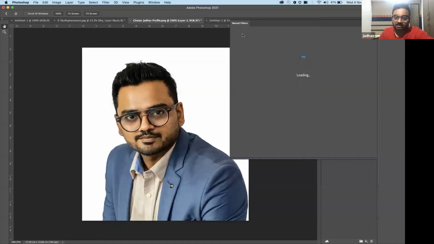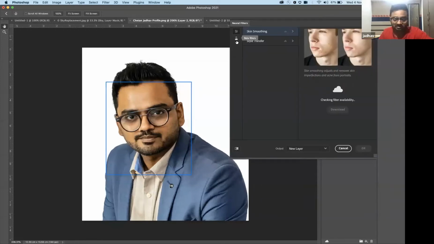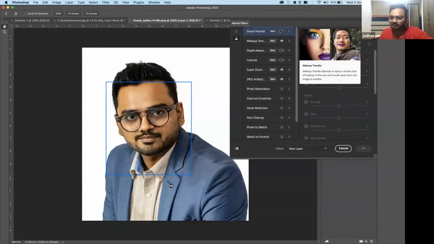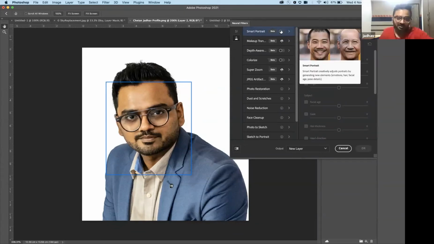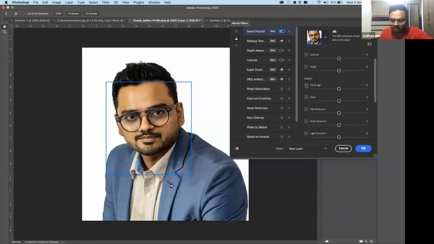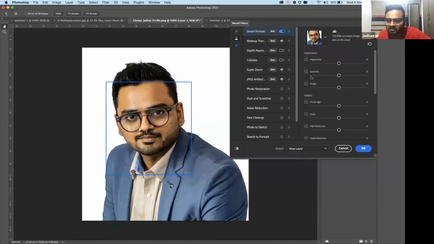If you click on the beta filters, now these are beta filters. These are still not ready for production, but they are good to test. These are some of the beta filters available, where you can have a Smart Portrait. Here you see that you're converting this man into an older man. You enable this particular feature, and these are certain parameters that you can try. So let's say I want to make myself older. I click on Facial Age, or maybe I can use some of the surprise. Okay, let me make sure I'm on the correct selected layer here.